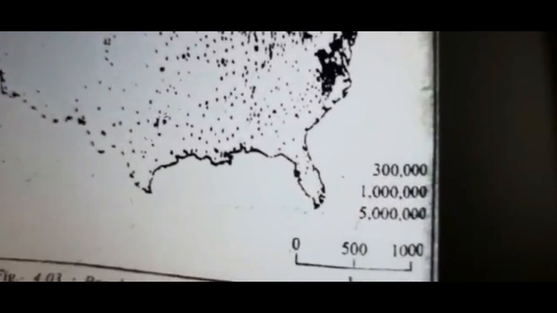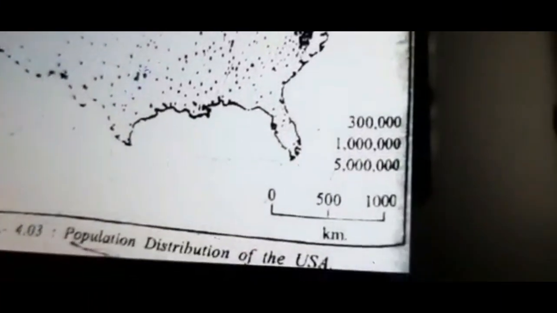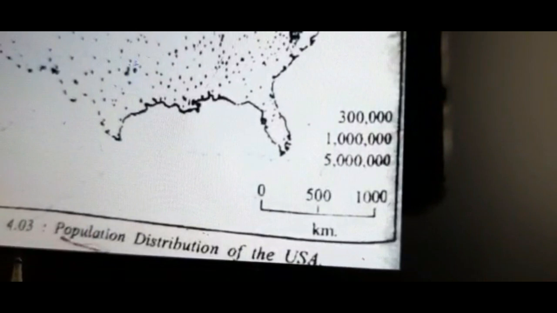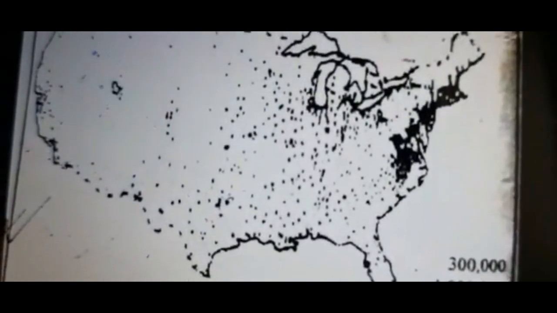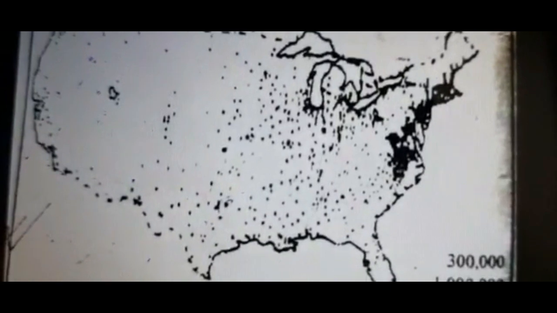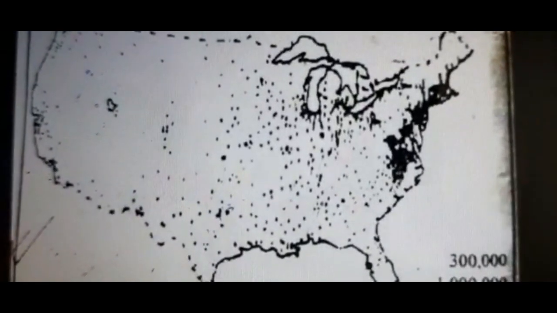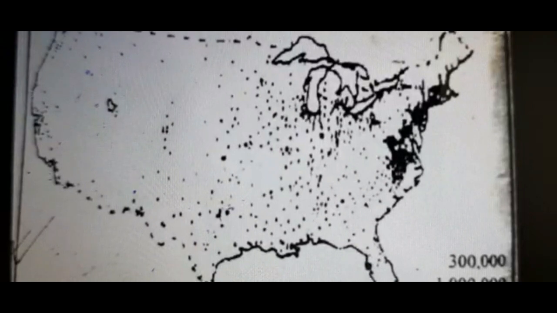Three different topics of the chapter. Number one, we'll be doing population distribution of the USA. Then we'll go to economic activities of the people in USA, and in the last we'll be doing the agricultural belts of USA. So before we start with the topic population distribution of the USA,